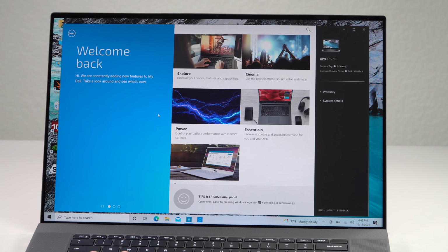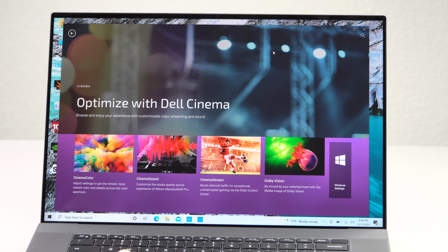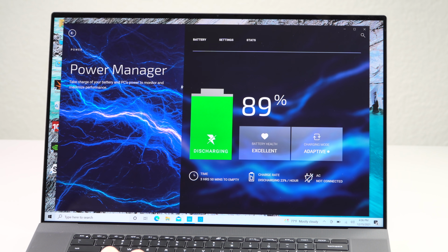I mean, you're looking at 65 to 70 watts with the 3050 or 3060 GPU on board, 45 watt plus jumping above 45 watt for the CPU, and then you have to power everything else. When it comes to battery life, I would say if you care about battery life, get the full HD display, because the 4K really does hit the battery life on this. And also the fact that these displays can go to 500 nits means you can also tank your battery life more easily. But keeping the display at 200 nits with our 4K display, I averaged about 6 hours of light